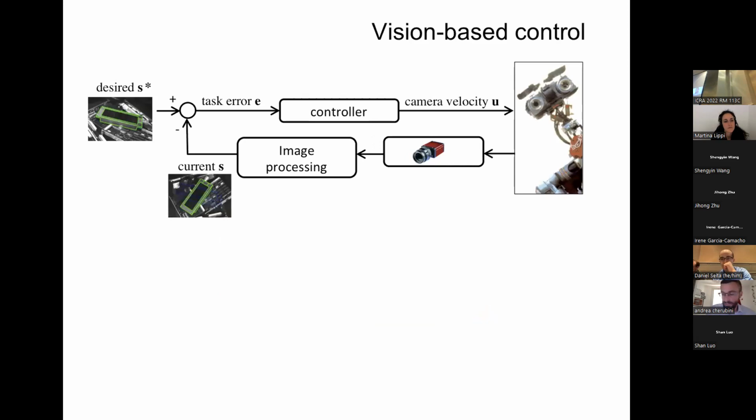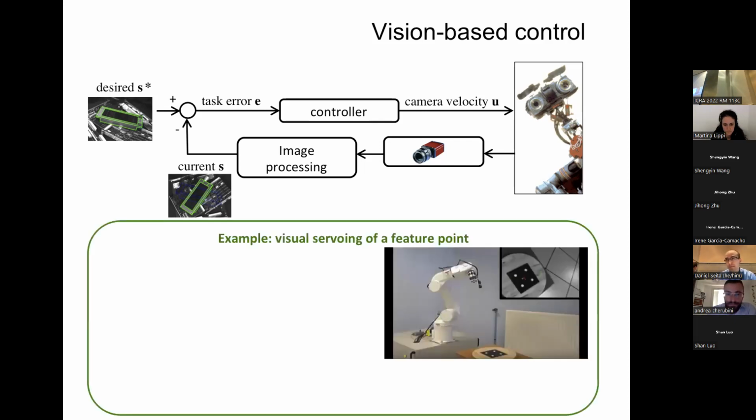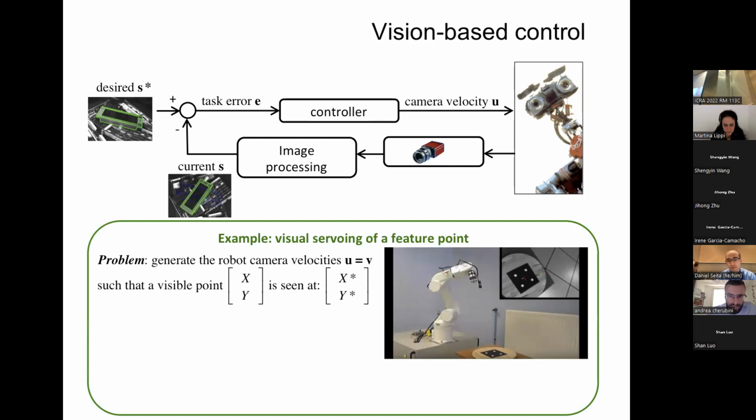I will give a short reminder of what is vision-based control for those of you who are not familiar with it. So assume we want to control this robot via some velocity in order to move its camera so that it can see the photo that you see here, the current image, in the same way as a desired reference image. So this is a classic control problem, only instantiated for the specific sensor and state space, which is camera and image space. So to do this, so to generate the proper camera velocities of a visible point, for example, you have to